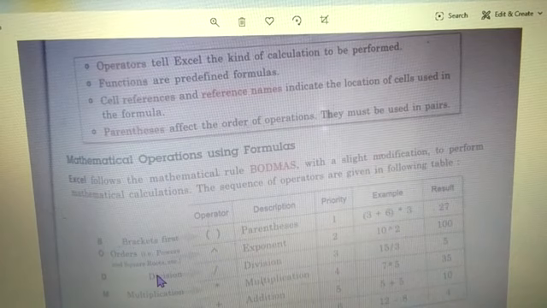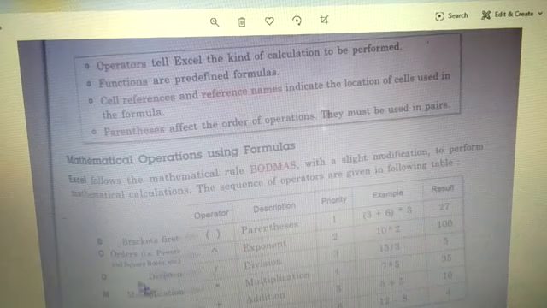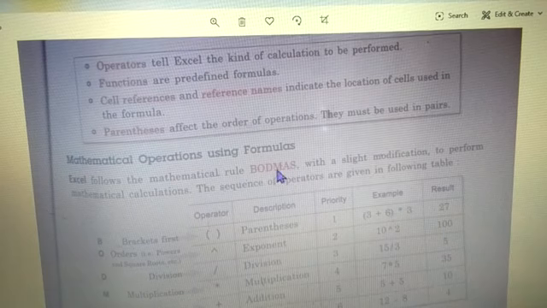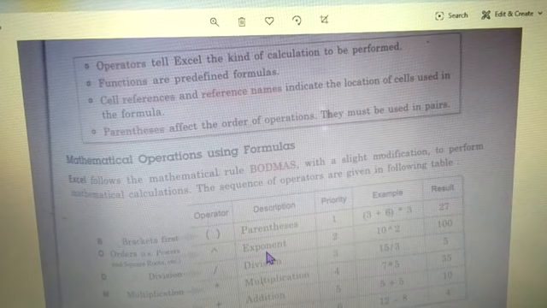Then the next priority is division. D is for division, then M is for multiplication, A is for addition, and S for subtraction. So Excel also follows this mathematical rule of BODMAS like we follow in mathematics.